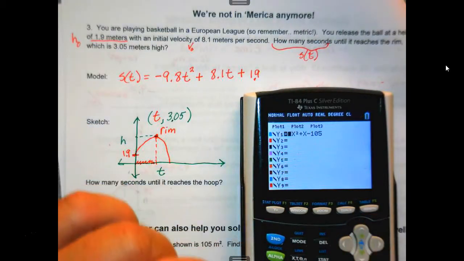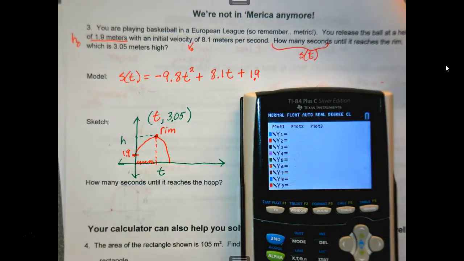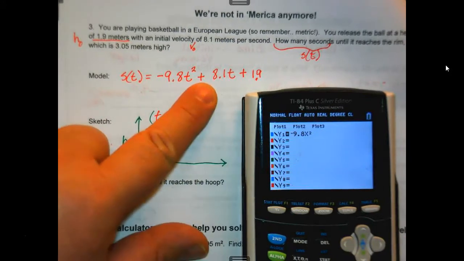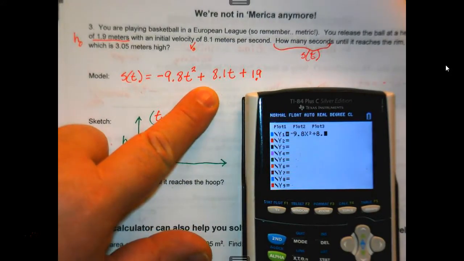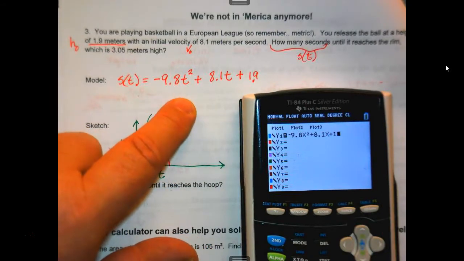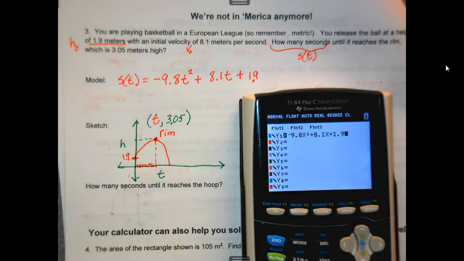I'm going to put it in my y equals and graph my parabola. So negative 9.8x squared, oops, plus 8.1x plus 1.9, graph it,